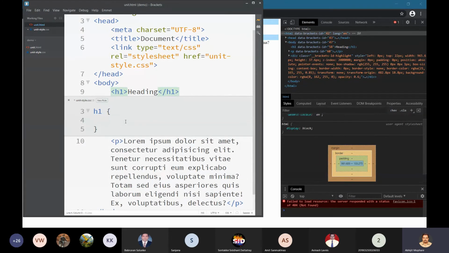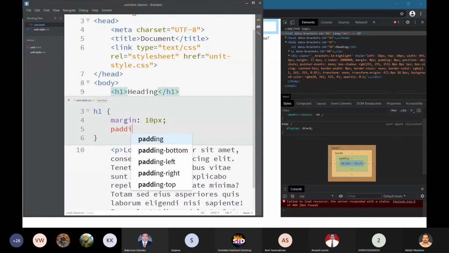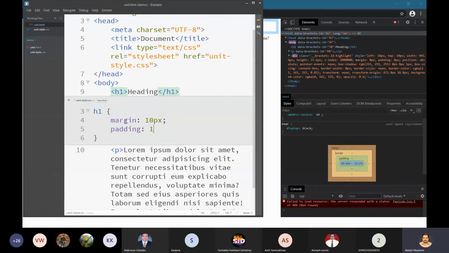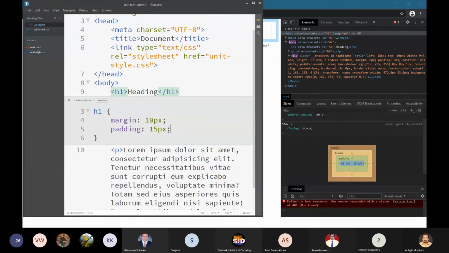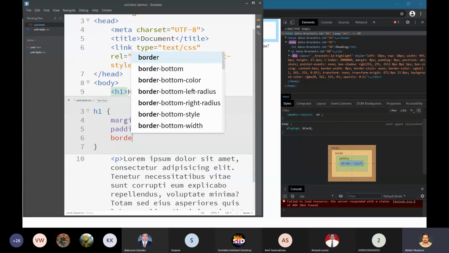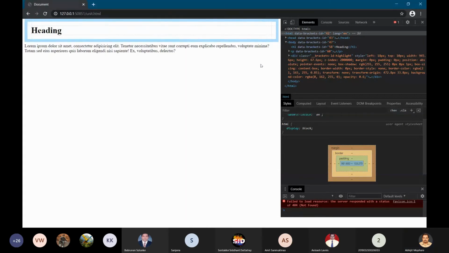I will use the margin property and say margin as 10 pixels, and I will use padding as 15 pixels, and then I will use border as 5 pixels. Now you can see what has happened.